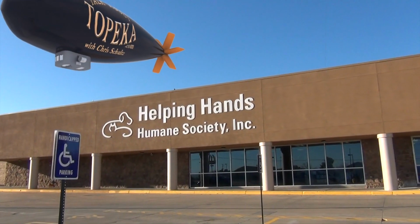So Bill and I decided to jump out of the blimp, and we are right here in the lobby of the Helping Hands Humane Society. Bill, here we are. Welcome to Helping Hands Humane Society, Chris, and here we are in the front lobby of the entryway. I've stood here many an afternoon and welcomed a lot of people, and it's a pleasure to welcome